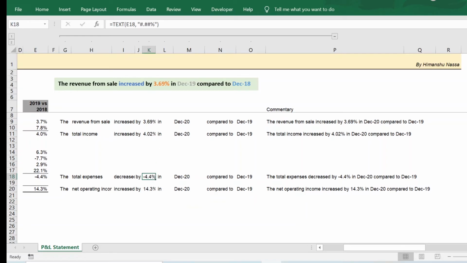So I'll change the text formatting string for this, and with hash.hash percentage, I'll also provide the formatting that is required for a negative number, which in this case should be similar to the positive number. And once I've done that, I should actually copy this over to all my commentaries so that it does not impact. Now the total operating expenses decreased by 4.4% in December 20 compared to December 19.